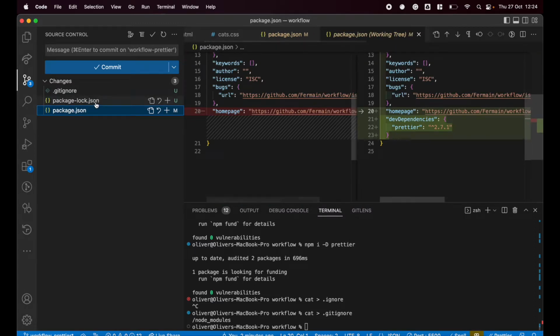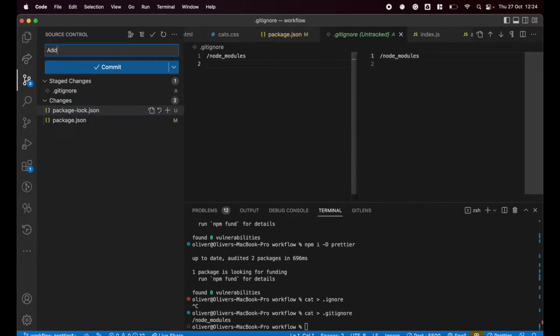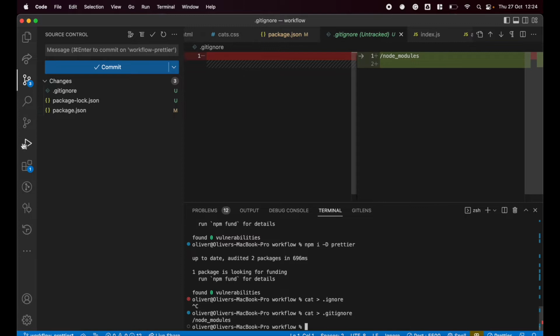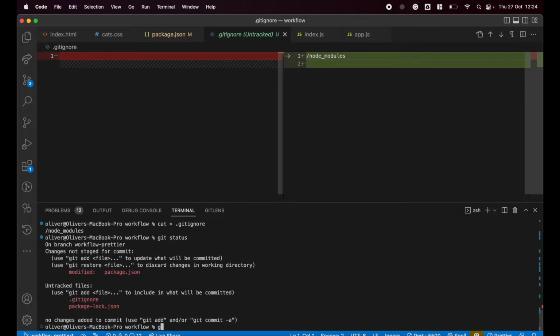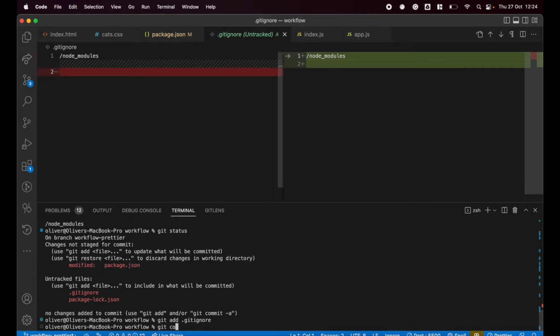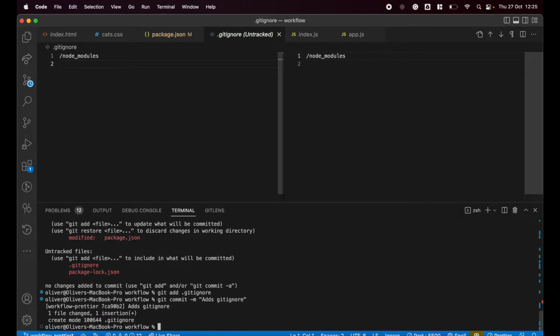So I'm going to add this one first and say adds gitignore. Oh, I'm using the command line. I need to almost get rid of this sidebar so I don't have the temptation to do that. Okay, so git status. We've got these two files, so I'm going to add just gitignore first, because these two changes are a little unrelated, and git commit, and I'm going to say adds gitignore,